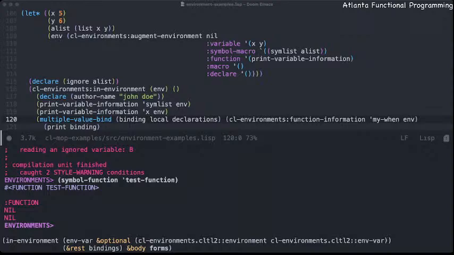And finally, for the declaration specifiers, although we can define a declaration specifier, it looks like we can't use it in our CL environment. So I have to go and look into what exactly is going on in there. So next week, hopefully we can clean up some of this stuff and get a proper augmented environment that has essentially local variables defined, functions defined, and symbol macros, declarations, so that you can actually use them. Well, and hopefully through that discussion, you can finalize your understanding of Parse Macro, which